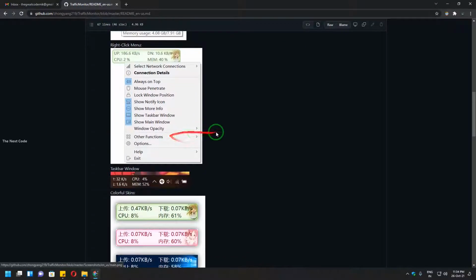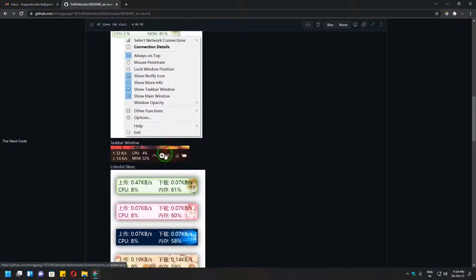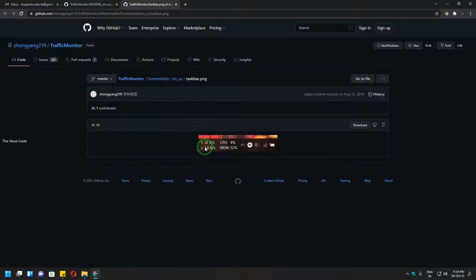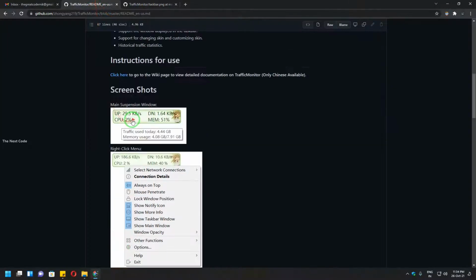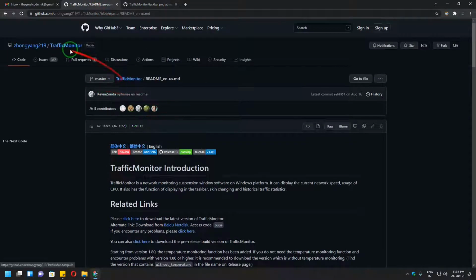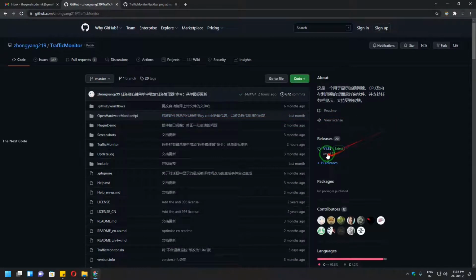As you can see in the screenshot, this is what we want. We want the internet speed monitor in the taskbar itself, so that it won't take up any space in the above area. So yeah, let's quickly see how to install it and how to configure it.